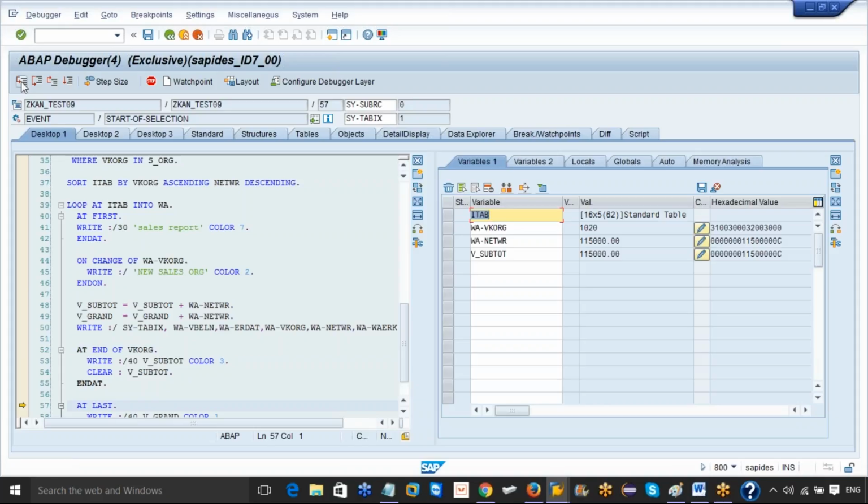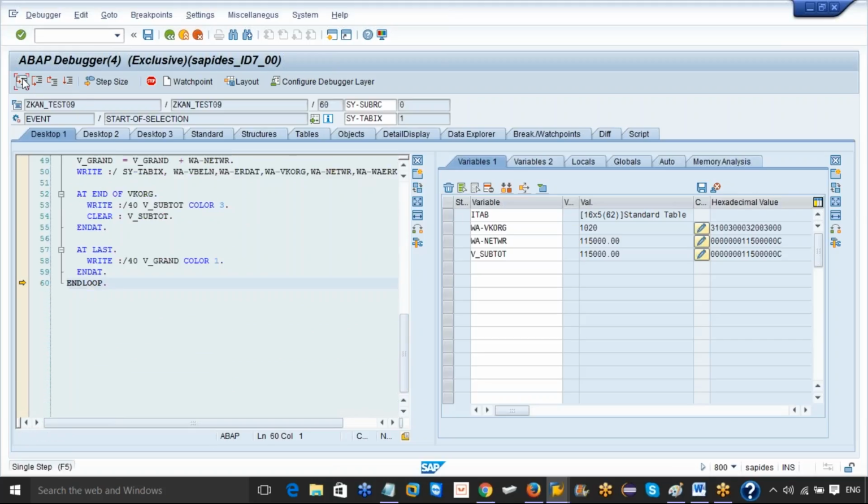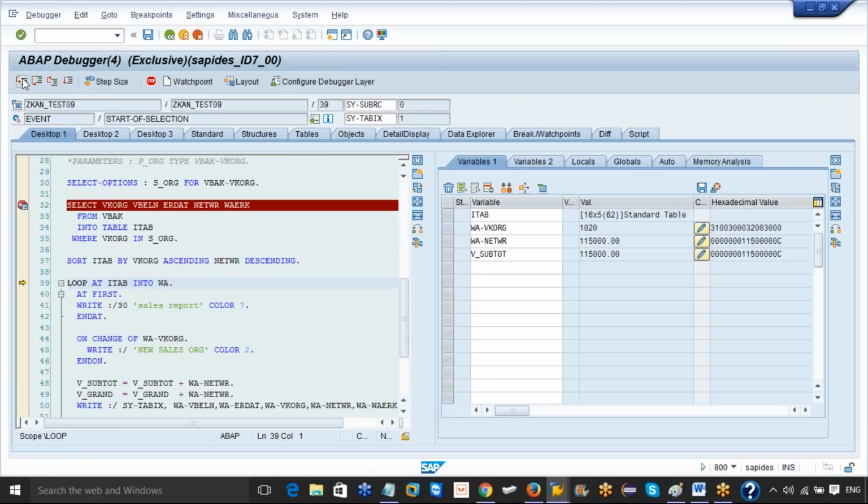I'll click F5, see it jumps to line number 57. At last means after the 16th record. This internal table has 16 records. When you are executing the 16th record, then the code which you have written under at last will trigger. So now this will not execute. It went to end loop, so I am coming back to